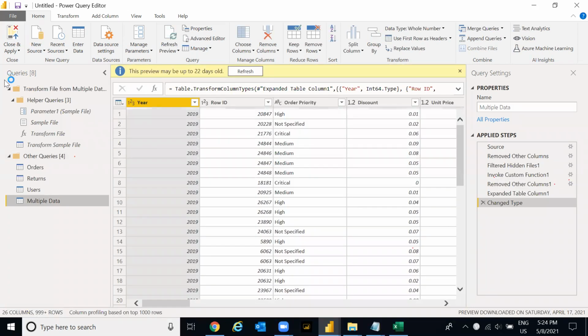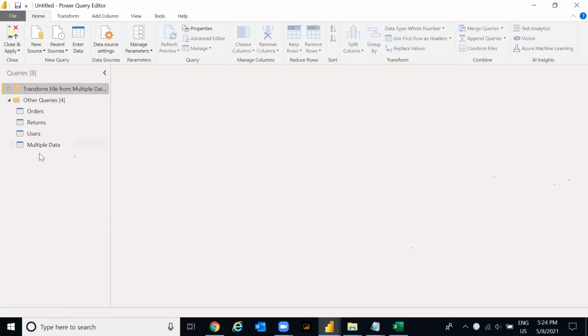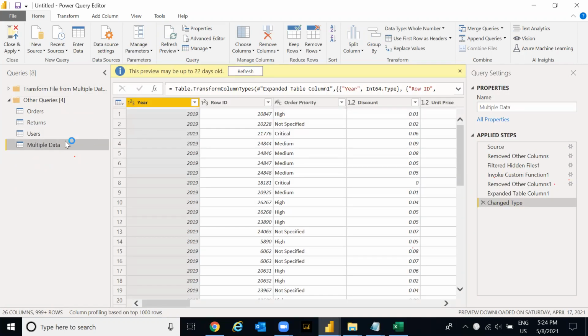Nice. So the data has been loaded up now. This is the data, multiple data is the name of the folder that we had, right? And this is currently being loaded now. Now, in the right hand,